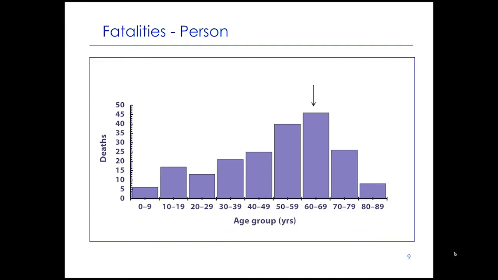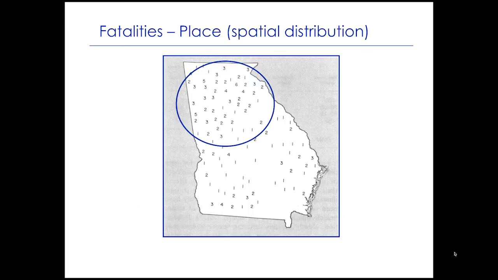Then another factor that's very common and very important, especially in our work in the toxics world, is spatial distribution. And here you see something going on in the northern part of, this is Georgia, that a lot of fatalities are happening up here. And you're sort of wondering, well, gee, who lives there? How old are they? What are they doing differently? But the reality is it's a very mountainous region of Georgia, and therefore driving a tractor here is much more complicated and dangerous.